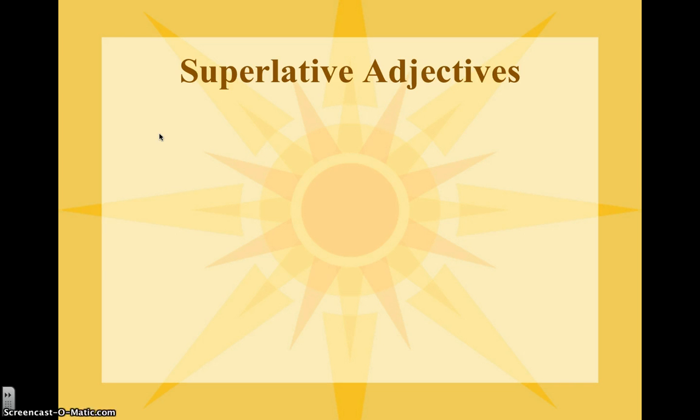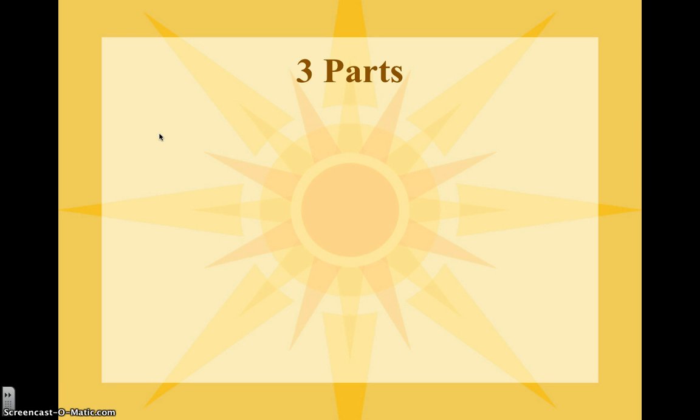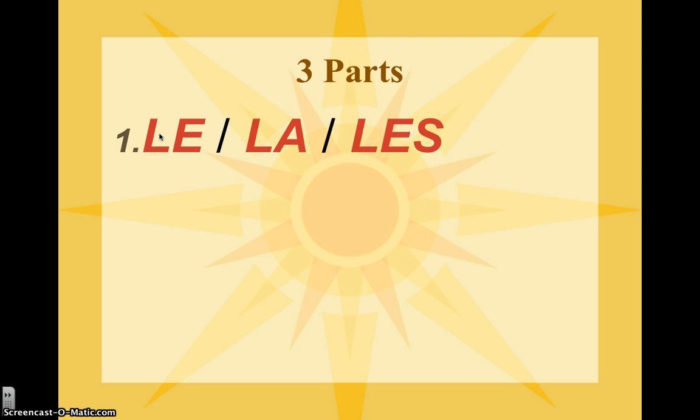Maintenant, on continue avec les adjectifs superlatifs. In English, superlative adjectives are when you are the most something. We use -est: biggest, strongest, tallest, happiest, etc. There are three parts to this construction, a little different from our comparatives. And the biggest thing you have to notice here is that there's only going to be one person. In the comparative adjectives, we're comparing two people, so we mention two different people. Here, only one person is mentioned because they are the most of whatever.